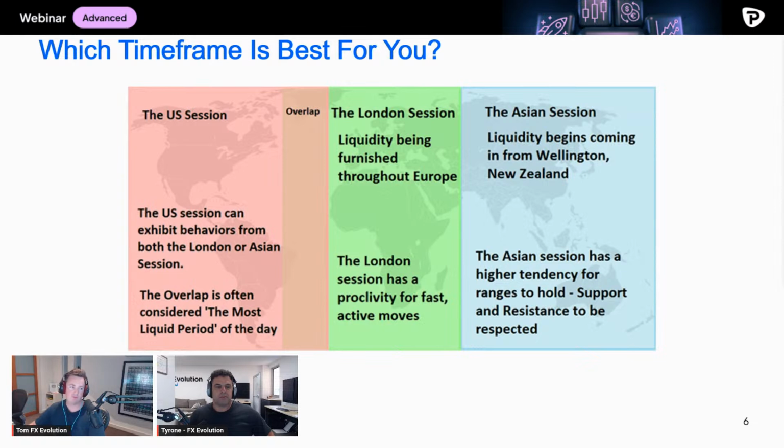So just before we go any further, Ty, we are about to jump into some charts, and I want to show an idea or a concept of a scalp that could have been had today on one of the majors. And we do have a quick disclaimer. So let's just quickly put that disclaimer on the charts, and we'll see you in just a few seconds.